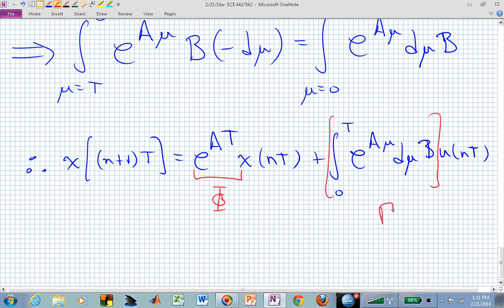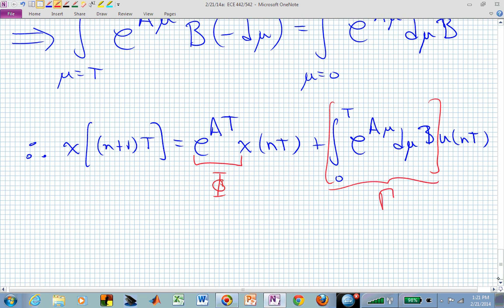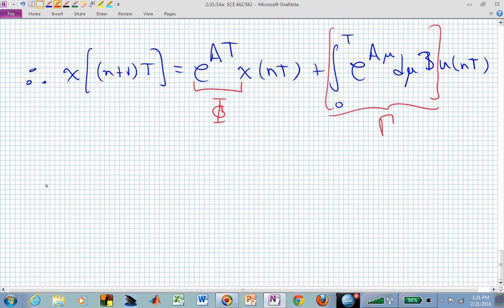We can simply perform the integration and evaluate at the upper and lower limit and call that square bracketed expression a new matrix gamma, which now allows us to write down our discrete time state space representation for the zero order hold equivalent of a continuous time system as x at time little n plus 1 capital T equals phi x of nT plus gamma u of nT. Those are the dynamics of our system,